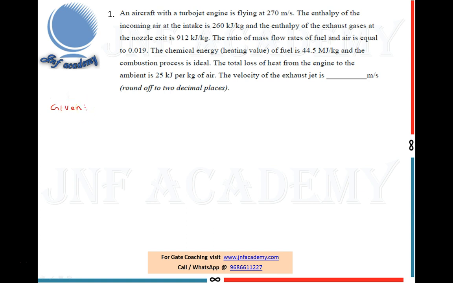An aircraft with the turbojet engine is flying at a velocity of 270 meter per second, which means that CA, the axial velocity, the velocity at which the flow is coming into the engine, is 270 meter per second. In terms of propulsion, the axial velocity is called CA. The enthalpy of the incoming air at the intake is 260 kilojoule per kg. So the enthalpy HI, where I stands for incoming or inlet,